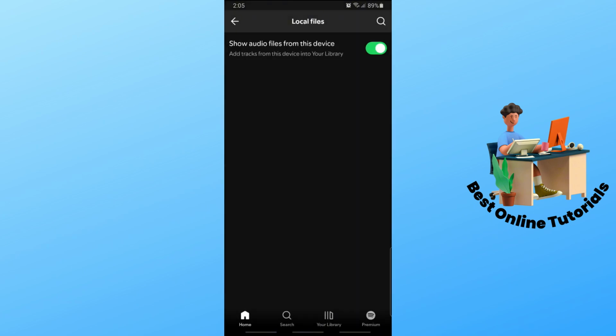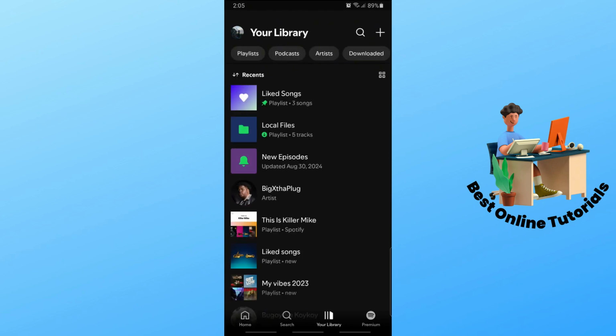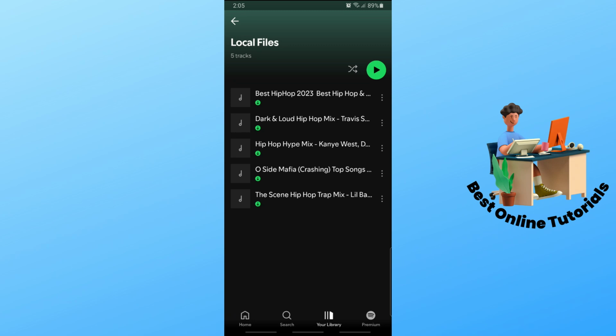And from here guys, when you go to your library down below, you should be able to see here local files. So from here guys, automatically your music will be uploaded to Spotify and you can play it on your phone. So guys, remember that you have to download music into your phone in order for it to be automatically